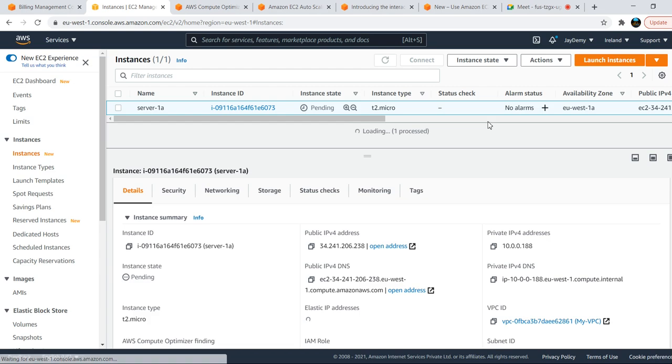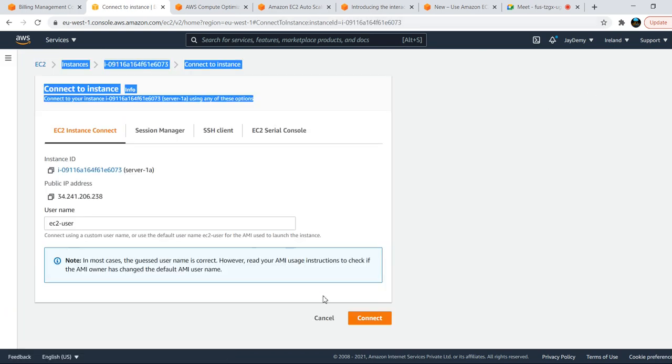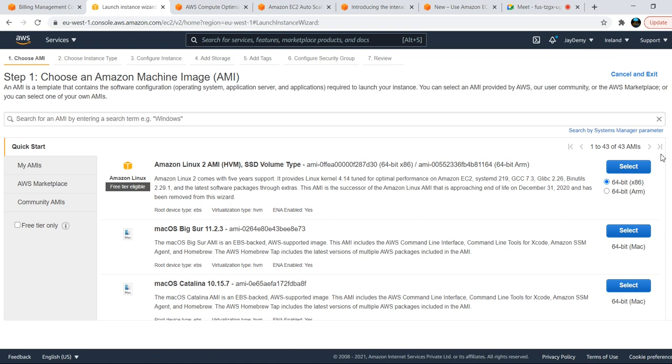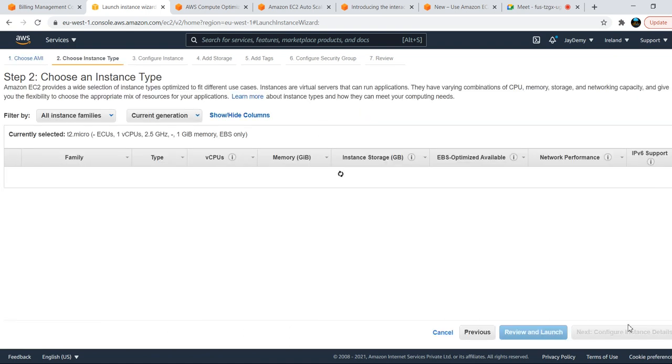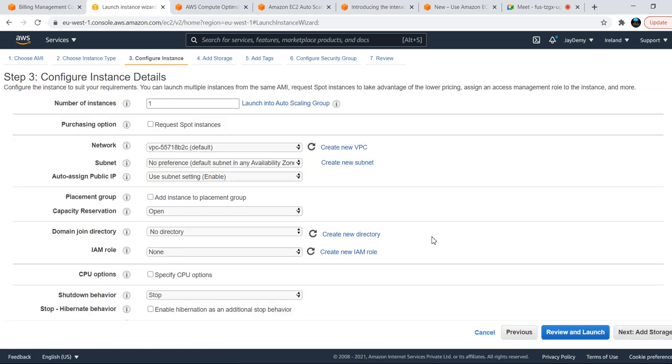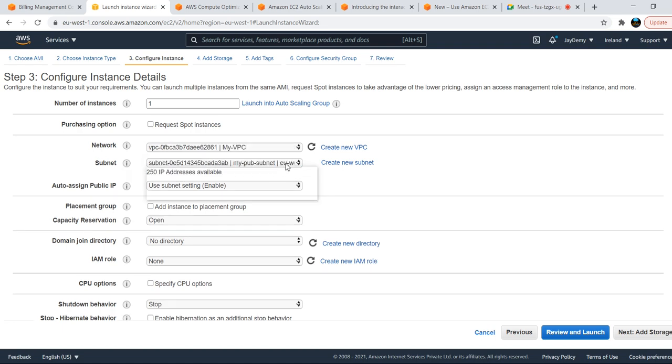Two availability zones I want to create. Launch instance, select the image. Now we need to choose 1B.